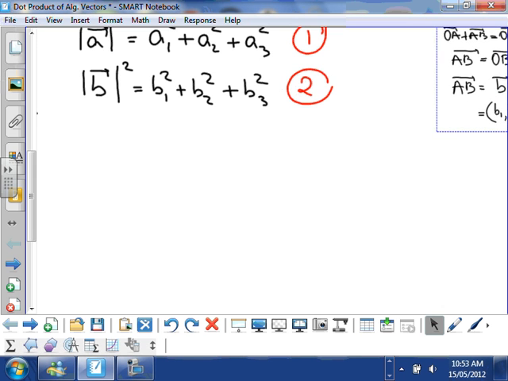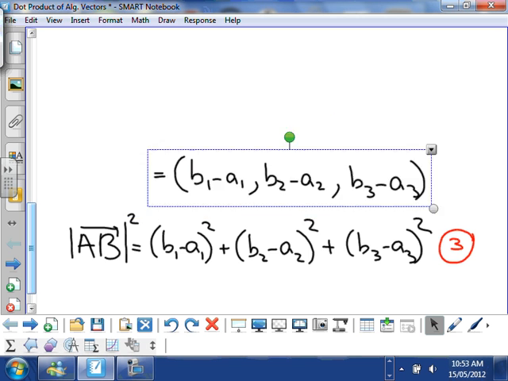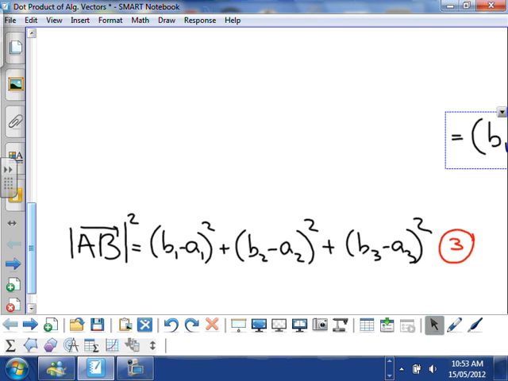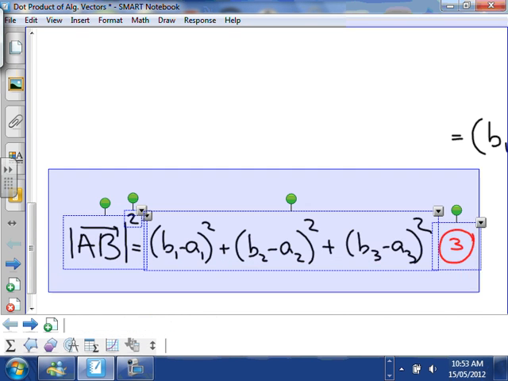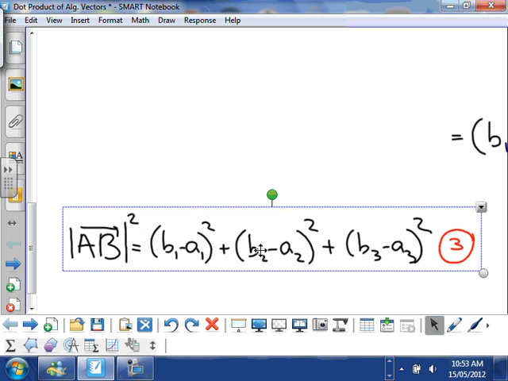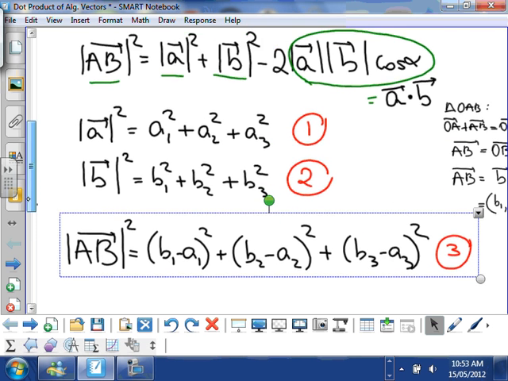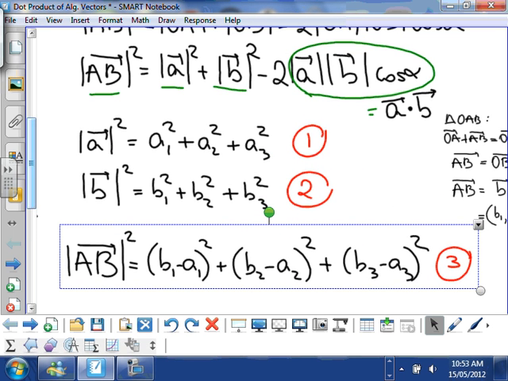Good. So the 3 expressions that I need. And this one, again, I don't really need it. I got the idea. These are the three expressions I need right now. Good. Okay, I'm going to move this up here. So now I have the three expressions that I need to apply in the cosine law. Do not forget, one more time, my objective is to isolate the dot product. Okay, so let's happily start